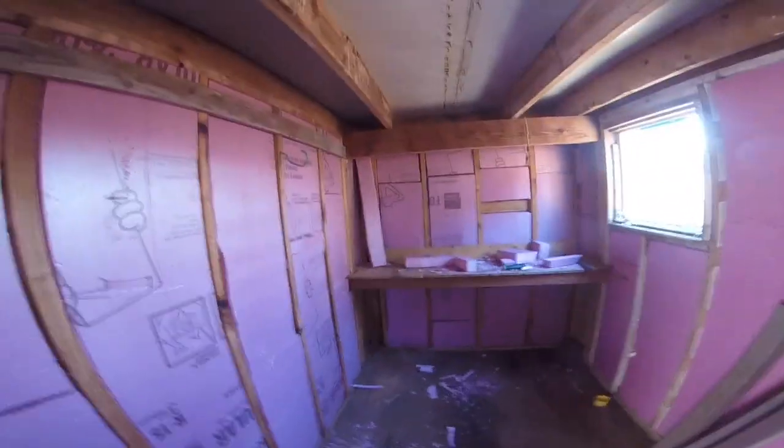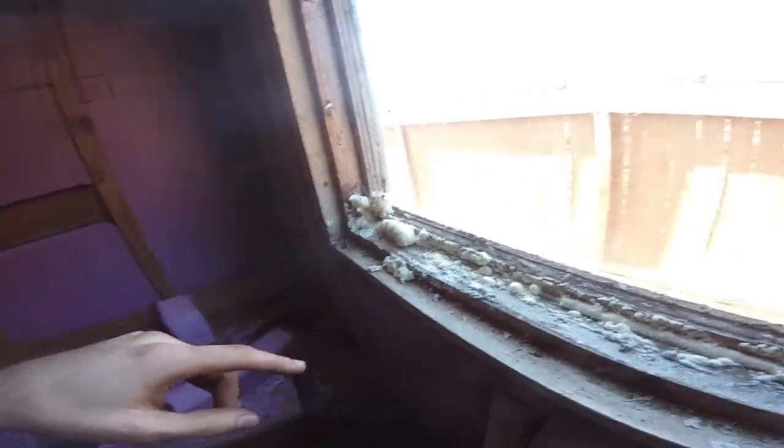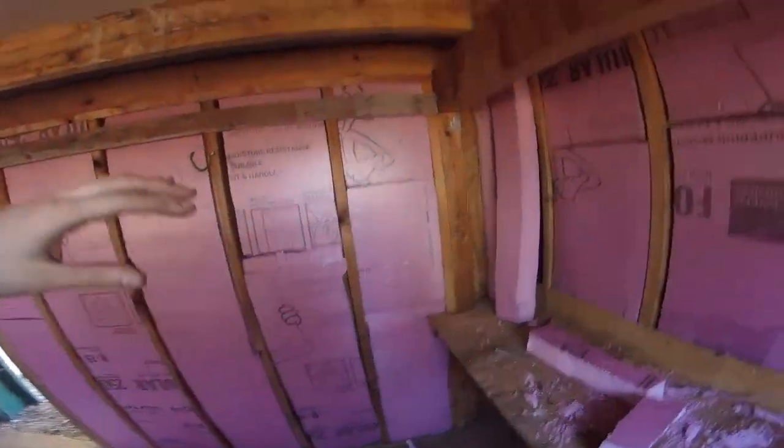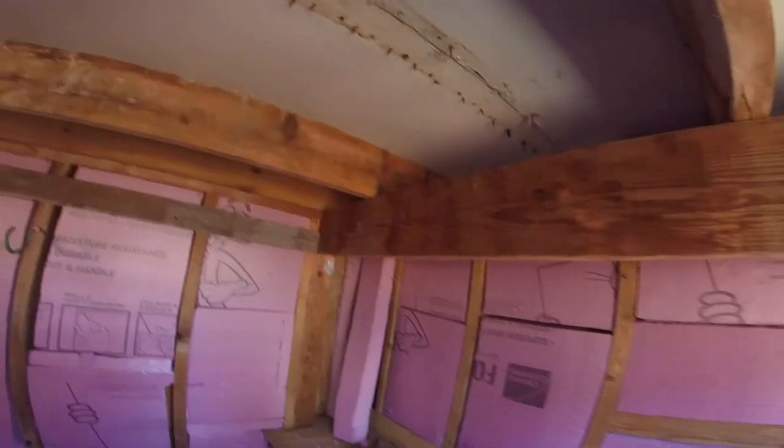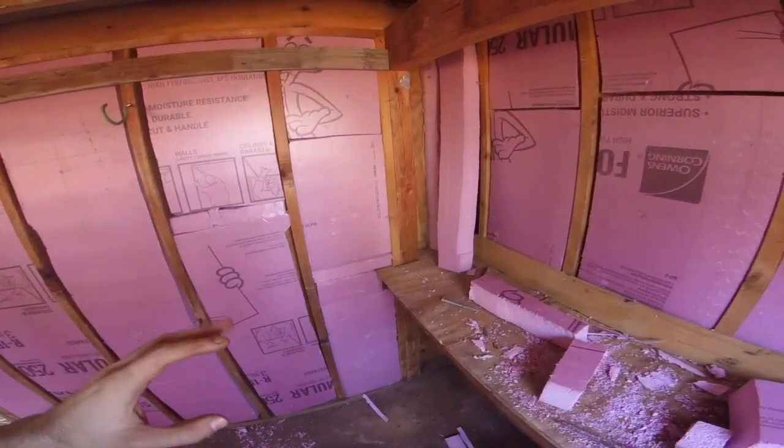It's looking pretty good. Once all the insulation is done, I also got the spray foam, which I used in any little cracks. There's some back there too, so that'll help a bit. I'm eventually going to put insulation on the ceiling too, but I'm going to wait until after we put the new joist in. But for now, we're going to finish up with the insulation, cover it with plywood, and then